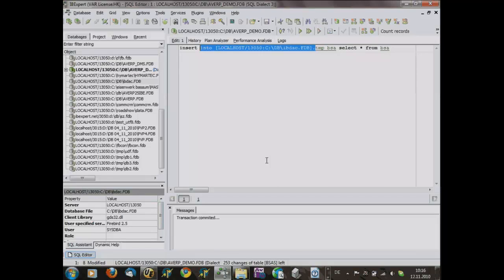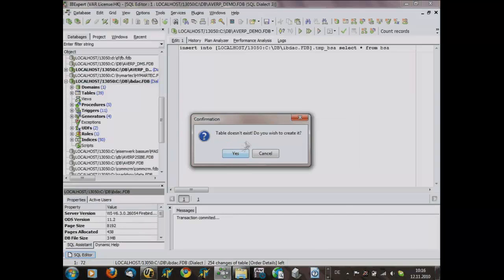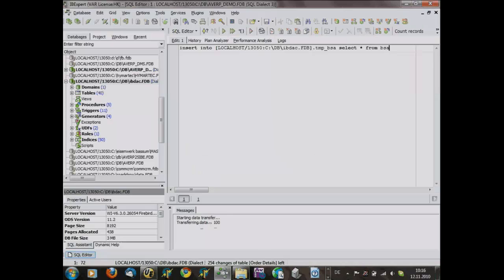We have an internal syntax where we can simply use brackets to have the database registration name, the registration name that we use inside IBExpert, to copy data into this database, into this table from this local select. And when we start this, it will try to connect to this database. It shows that this database does not have the table name mentioned here.